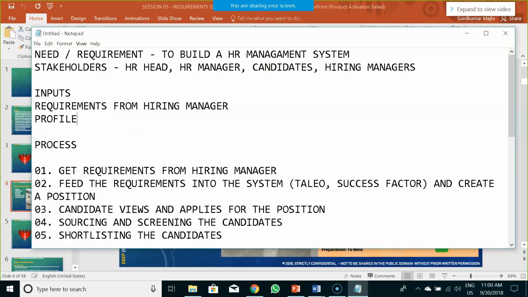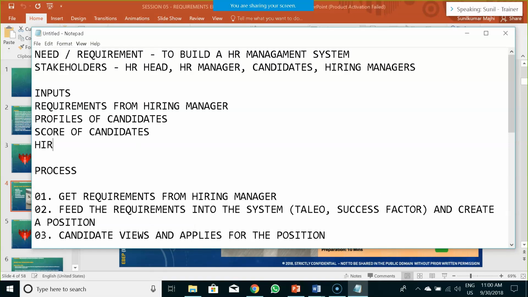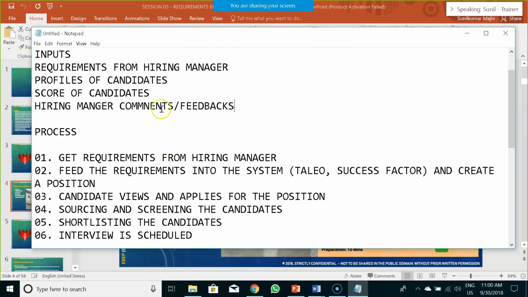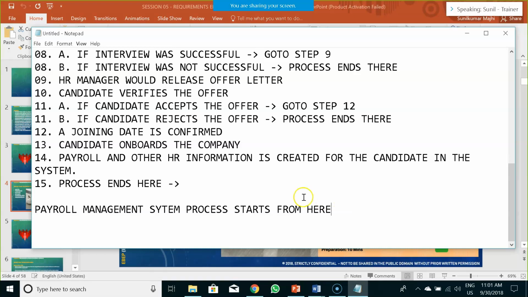Profiles for candidates, score of candidates, hiring manager comments, feedback. This all can serve as inputs. So these are an indicative list of inputs. There are many other inputs also available over there. Now what are the outputs?